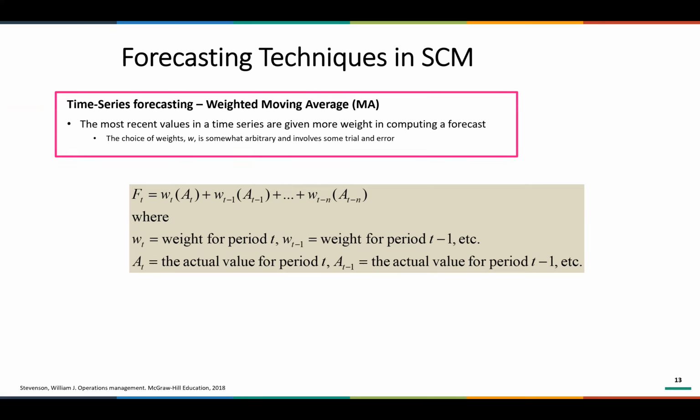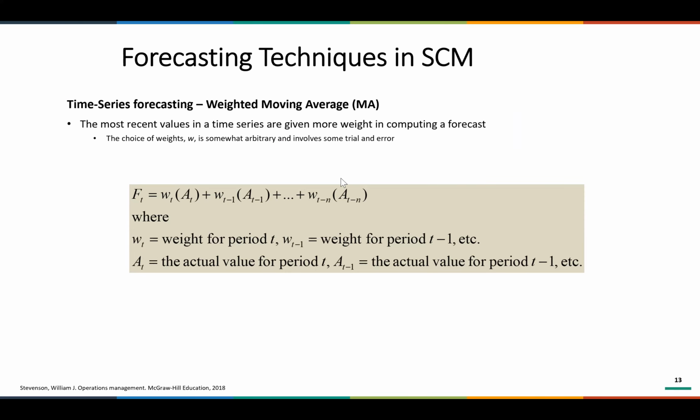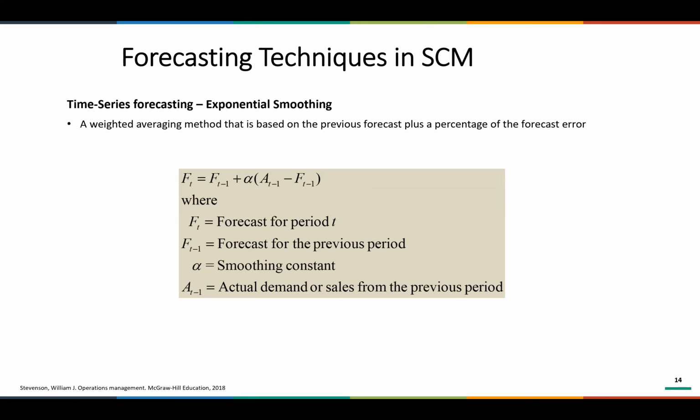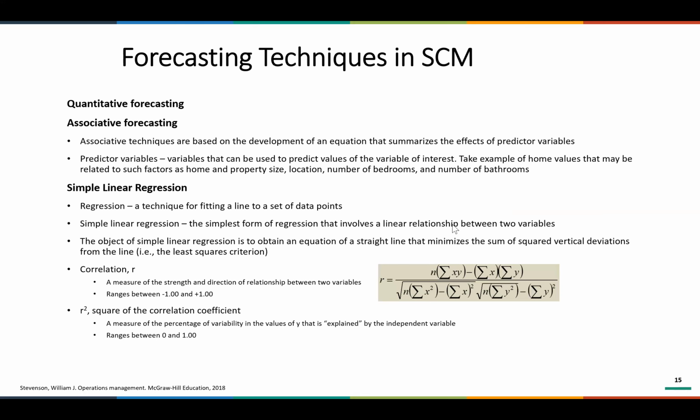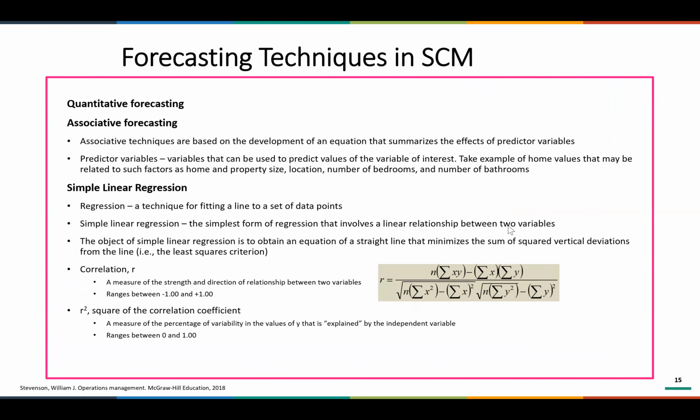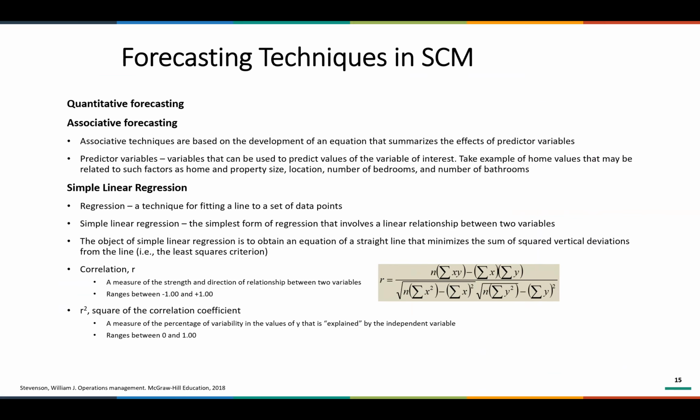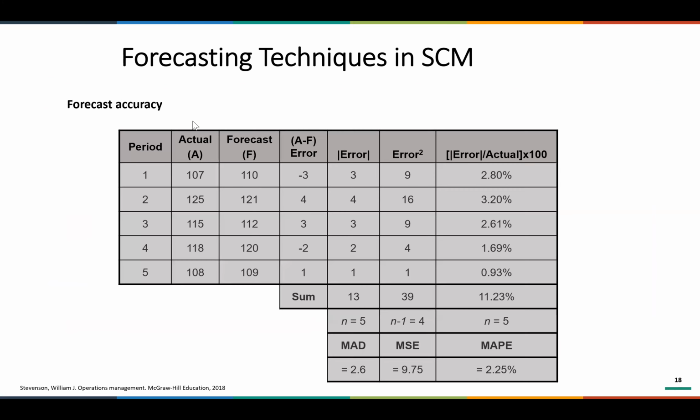And then finally is exponential smoothing. Instead of using weights, you use the actual value and the forecast value from the previous period, and you have a smoothing constant called alpha. Another one is linear regression. I think I will explain this one next week, while providing you with an example on how to calculate it. Basically, those are the forecasting techniques that we have.